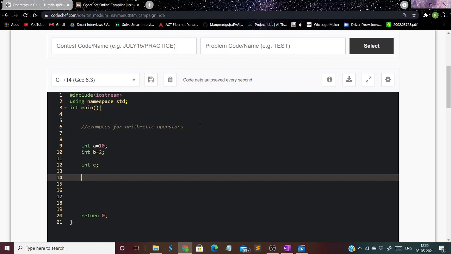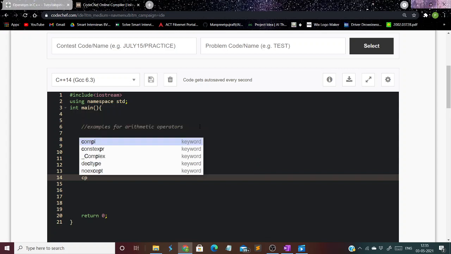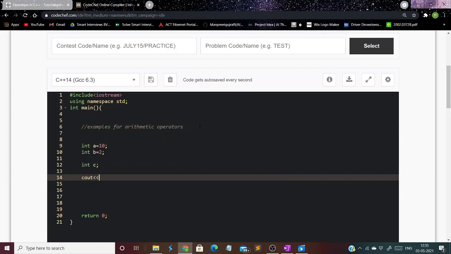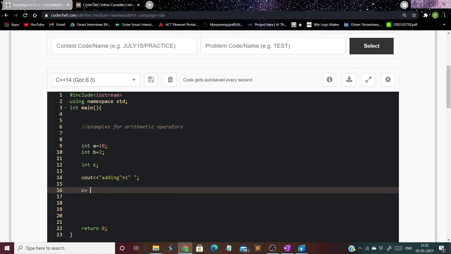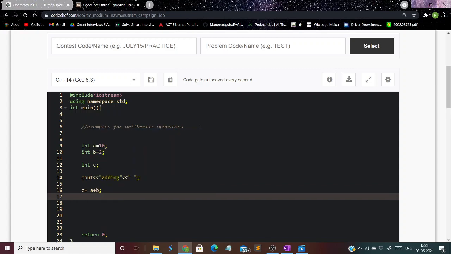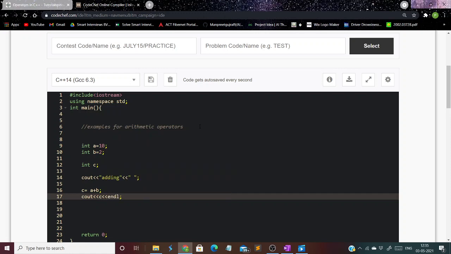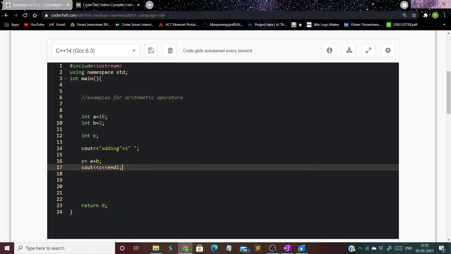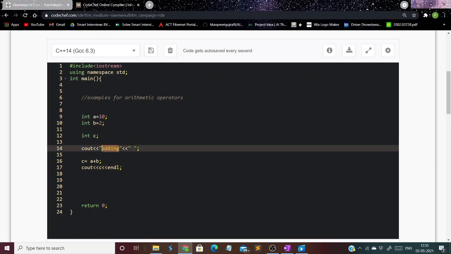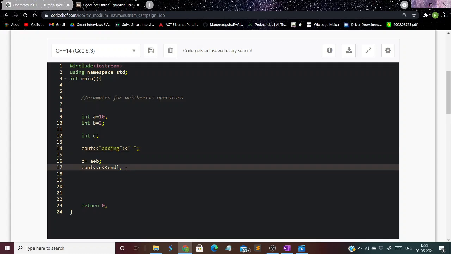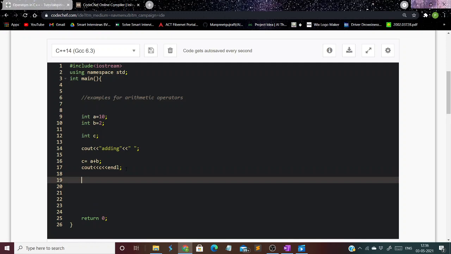For addition, cout adding. The next c equal to a plus b, that's it, and you have to output c. Okay, the expected output is it will print adding, after that a space, and it will print c, and then the cursor moves to the next line. And now subtracting, see cout